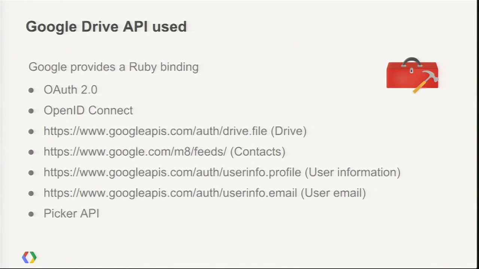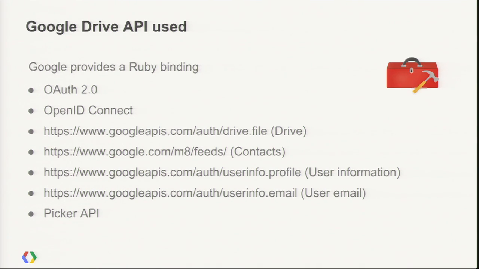What kind of APIs did we use through the integration? Of course, because we create the user in the background as well, we needed to access the information. So we had OAuth 2, OpenID Connect. We also used user info profile and user info email to get the email address of the user and to get access to his first name, last name,